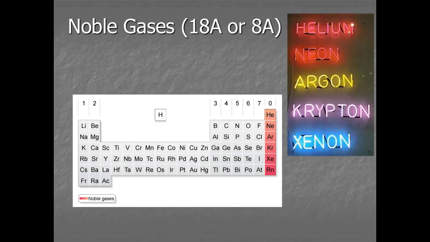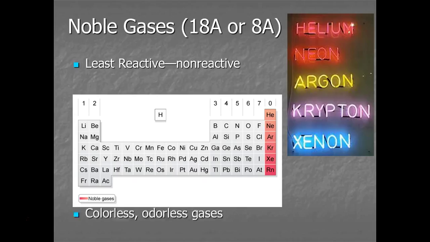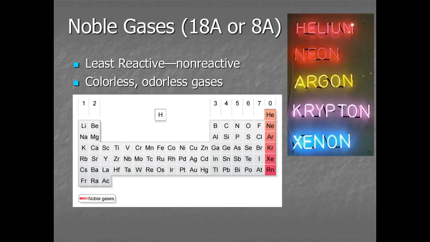Next we have the noble gases. That's the last column on the periodic table. These are specially known for being very, very non-reactive with other things. All right, and then they're also colorless and odorless, and I had mentioned this before, but it took us a really long time to discover the noble gases because they're so unreactive with things, and because you can't see them and it's hard to detect them in any way.